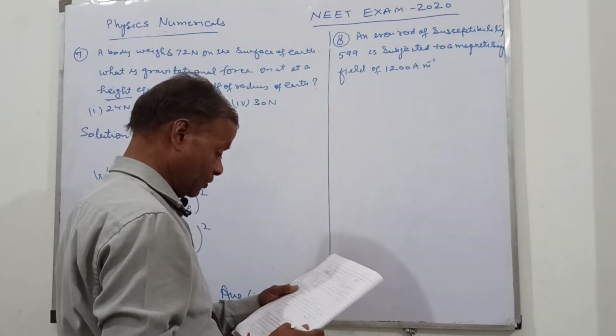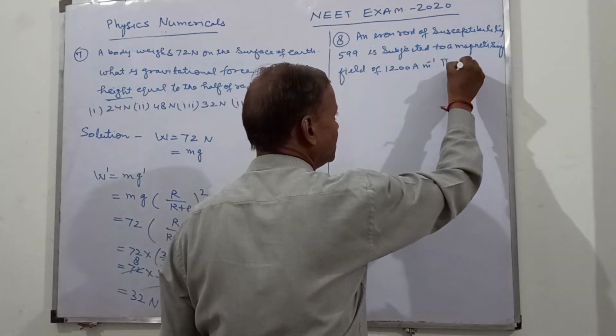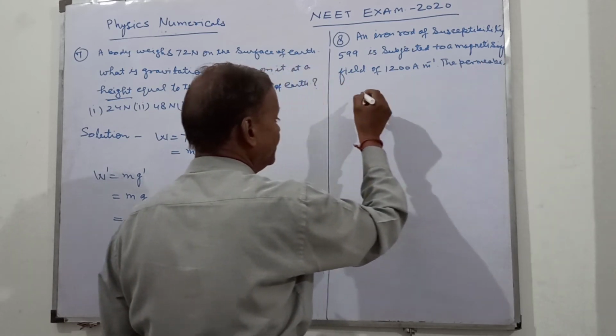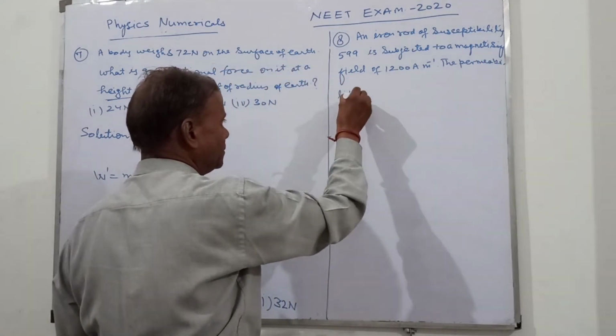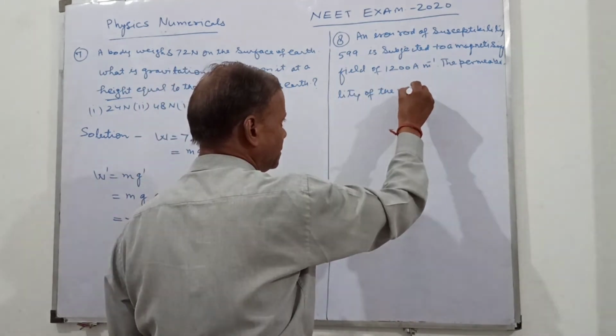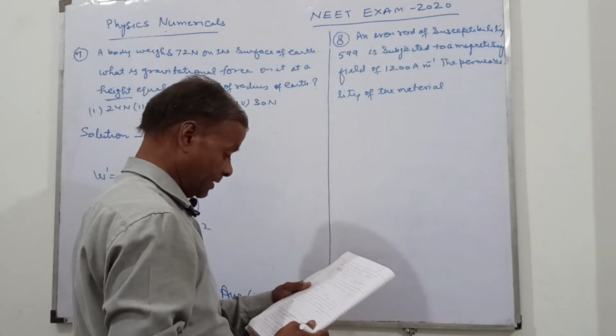The permeability of the material of the rod is, options are: